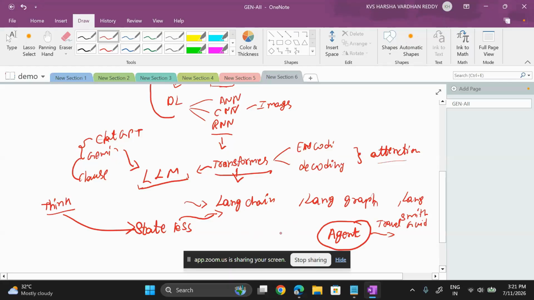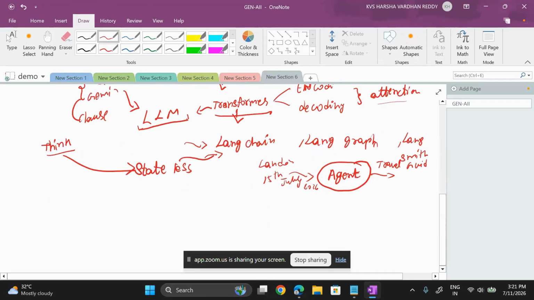And I went to an agent, let's say for example my agentic application, and I said that I want to travel to London on, let's say for example, 15th of July 2026. Then the agent will note this information that I'm the user and I want to travel to London on 15th of July, and it will start asking what kind of questions that it needs to ask,